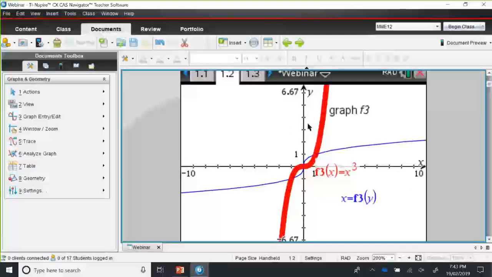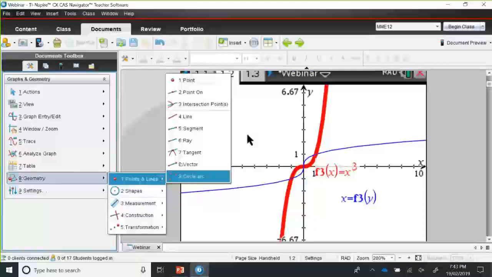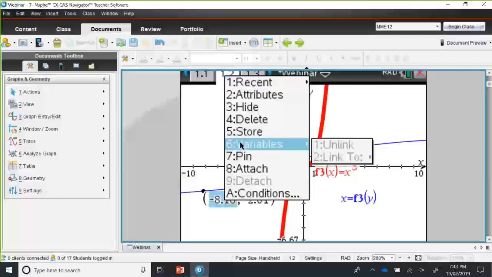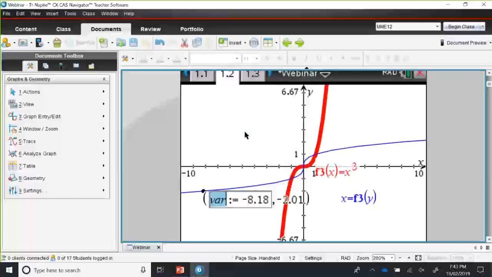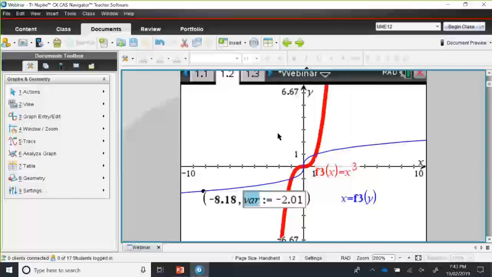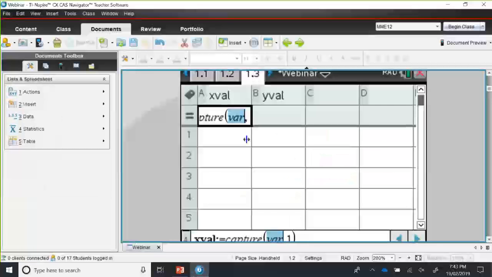So I need to actually go back there first. I need to define a point, store a point. So geometry, point on, and let's put a point on the actual function. Roger showed this bit, so I'm going to store that as x1. And I'll do the same there, store that as y1. Now if I go to the list and spreadsheet option, all I need to do is put x1 there,